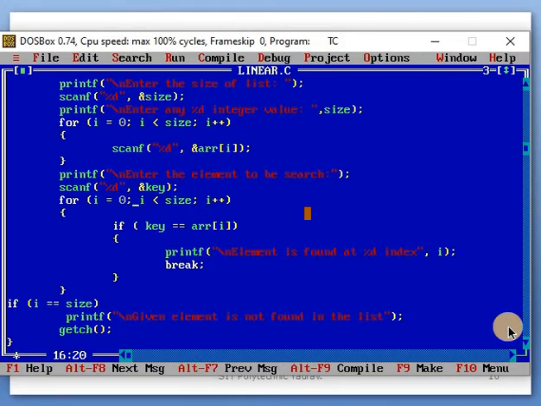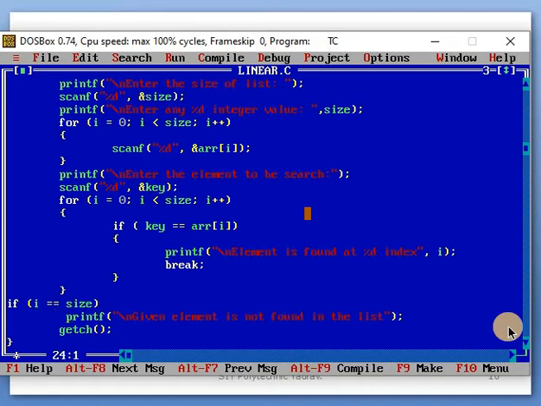i is for index purposes. In the array, the index will be incremented by 1. Then check if key, which is the element to be searched, is equal to a[0], a[1], a[2], and so on. If it matches at any position, that index number is found, then break; otherwise the loop is executed. When we find it, we break and go to the end of the program, otherwise this statement is repeated. And when this condition is false, the loop also exits.